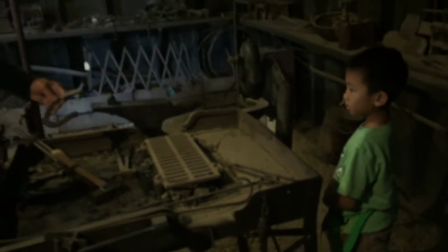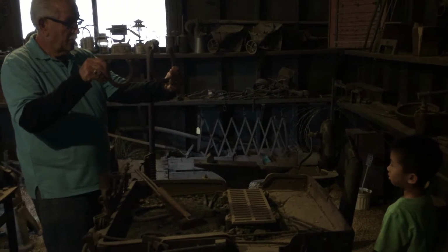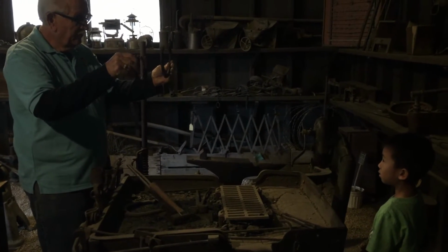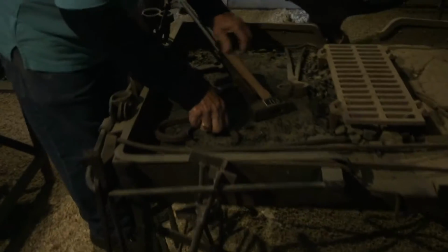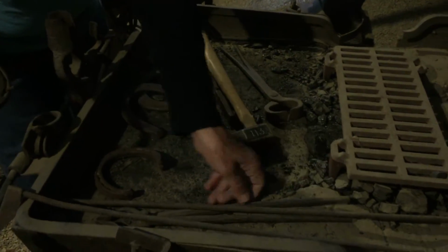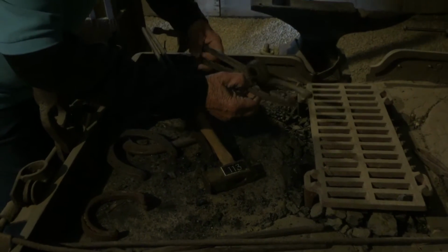This is called a forge, okay? And horses, guess what? They have different sizes of feet like we have. So what the blacksmith had to do was to make this shoe fit the horse, right? So the only way he could do that is by building a fire. He's going to build a fire here,